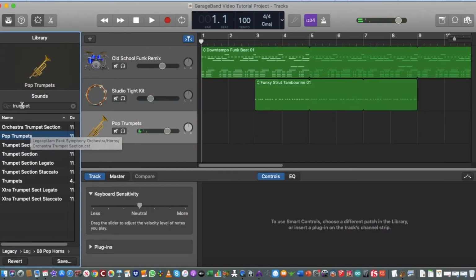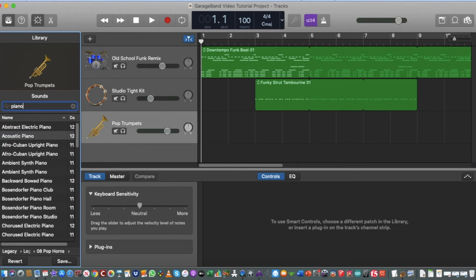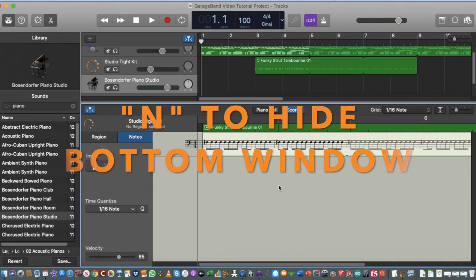I'm going to start by recording a piano. So I'm going to go into there and choose piano. And I'm going to choose, I really like this one, the Bosendorfer Piano Studio sample. And I'm going to click on N to get rid of this so I can see my tracks a little